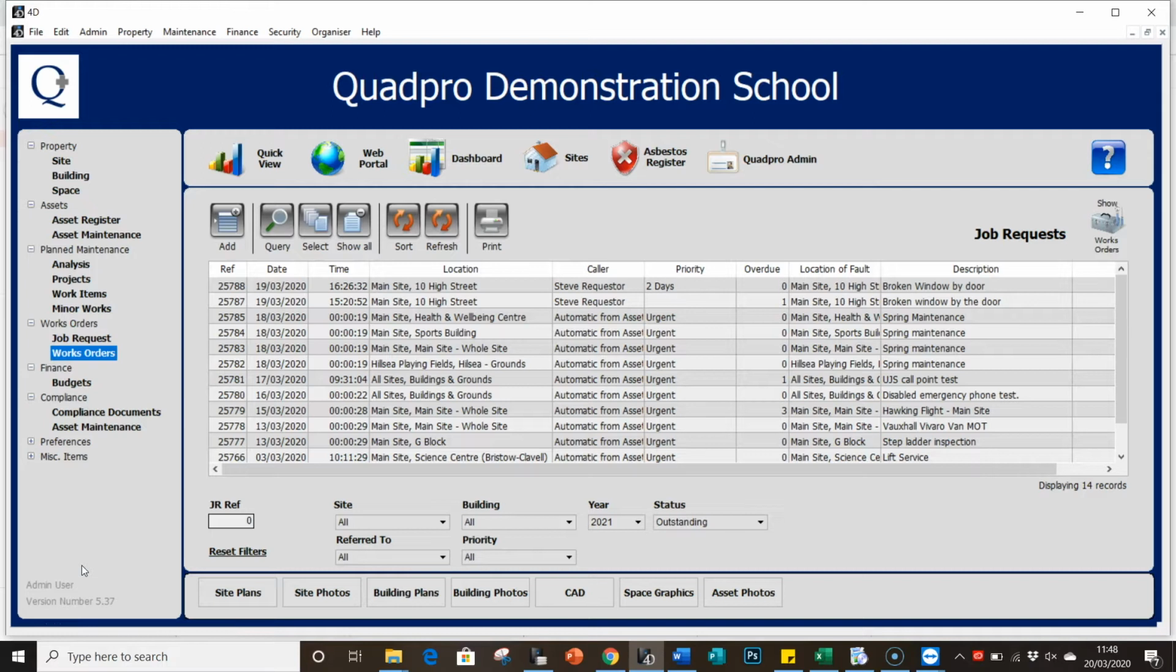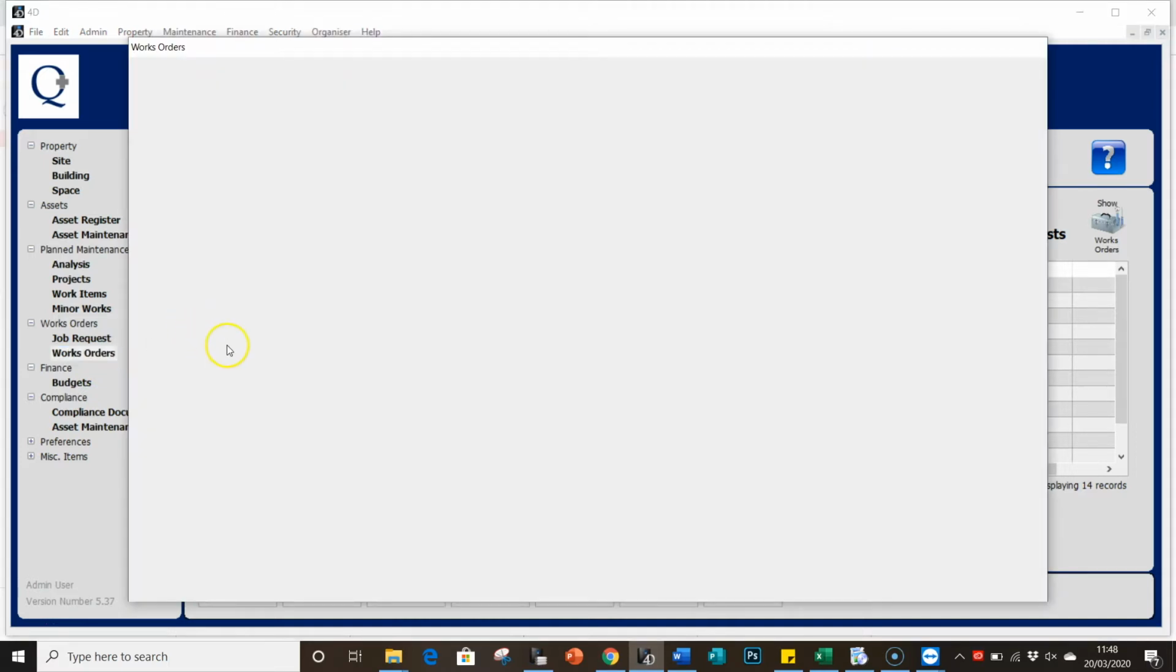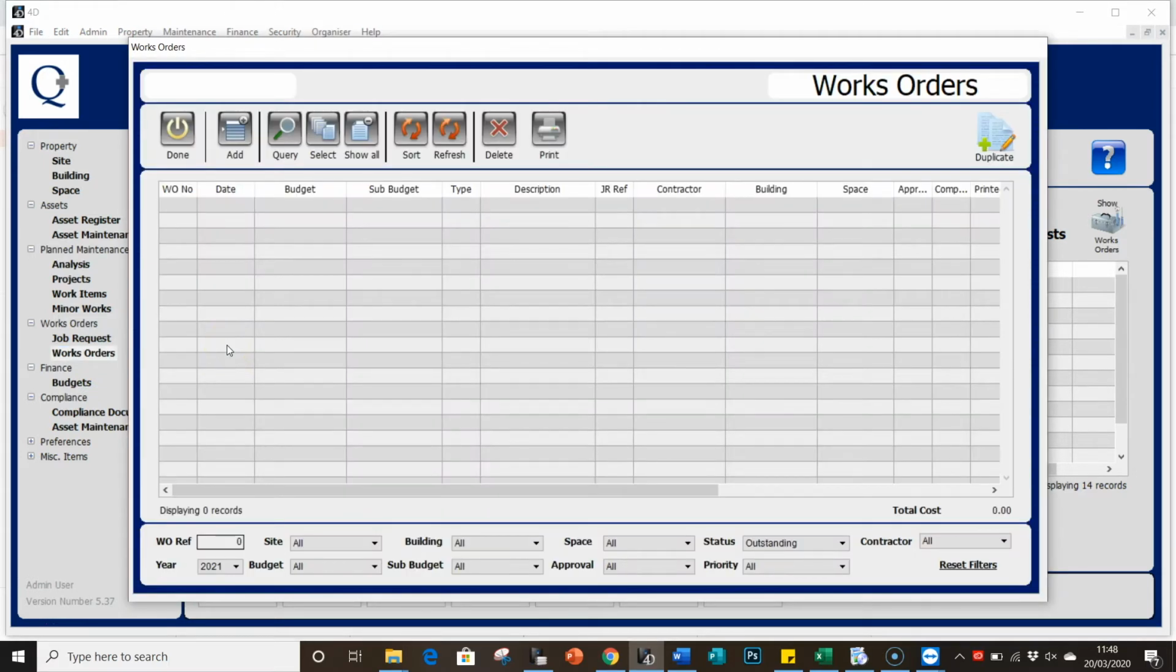In this video, I'll be showing you how to create a works order. From the home screen, go to the works order menu on the left hand side. And here you'll be displayed with a list of all current works orders which are active and complete within your